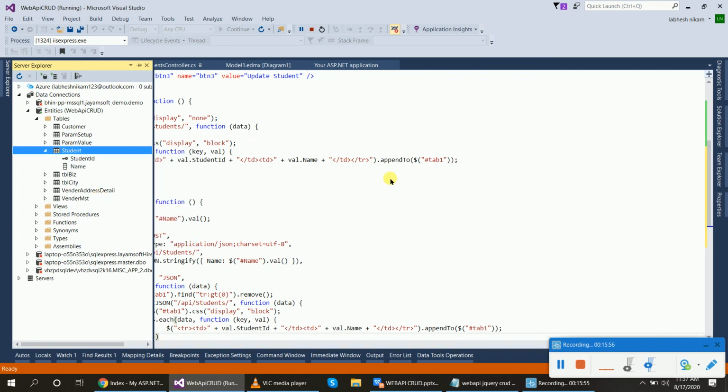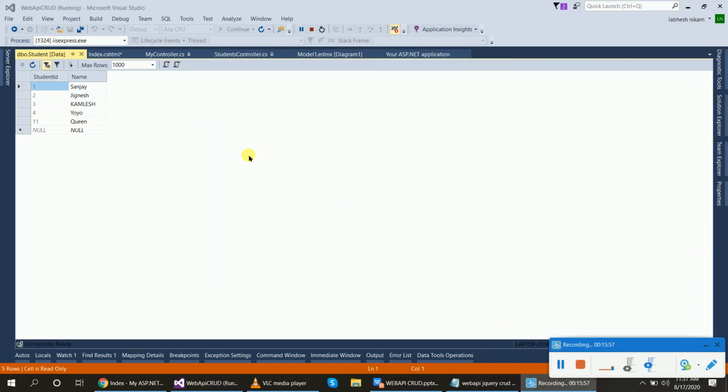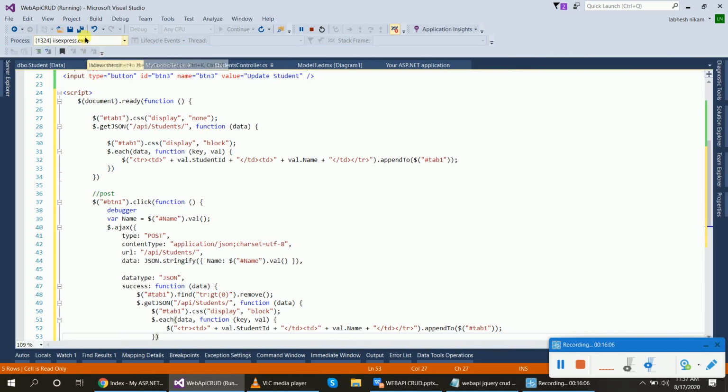I think there is data. We will check here. Okay, guys, so here is some data, and now we have written a code, so it must be displayed on the page. After that, we write the code to save the data. To save the data, add students.